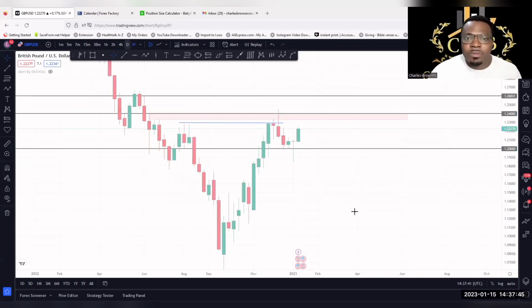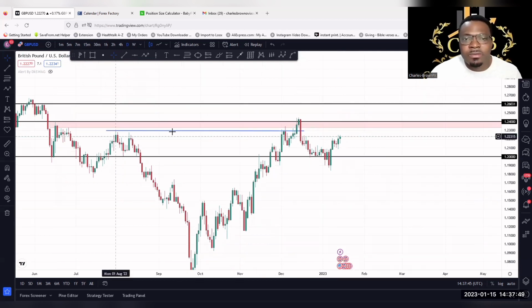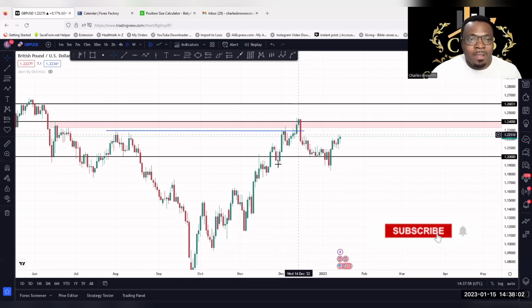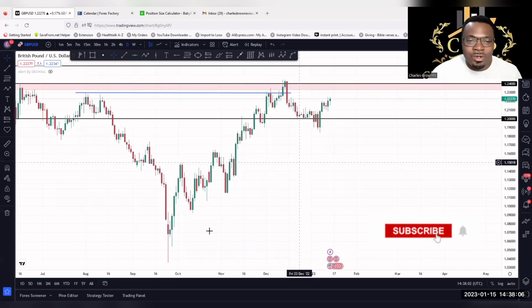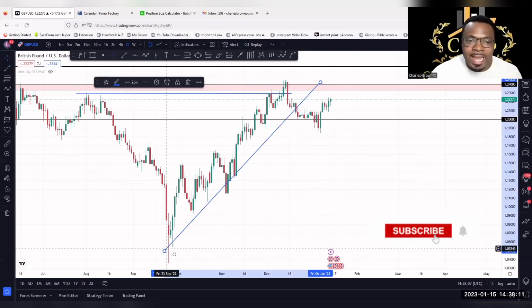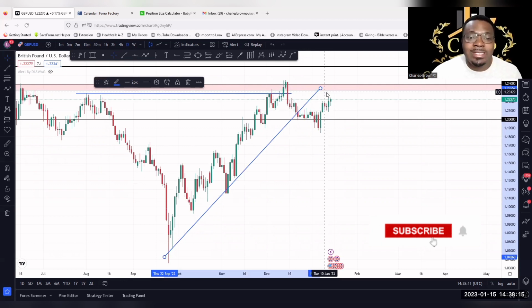Let's look at the daily time frame. If you see the daily time frame, remember this was the break of structure here, and then we have the market push all the way up. What happened after the break of structure is it left a momentum and then dropped massively with momentum. So this is another thing that you need to pay attention to. First of all, we have a structure of an uptrend playing out on the daily.